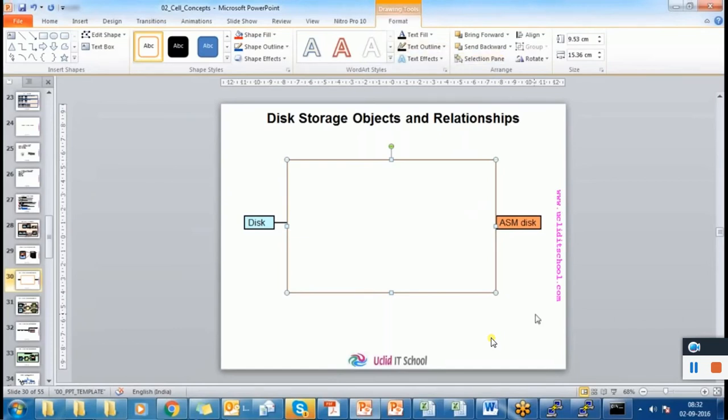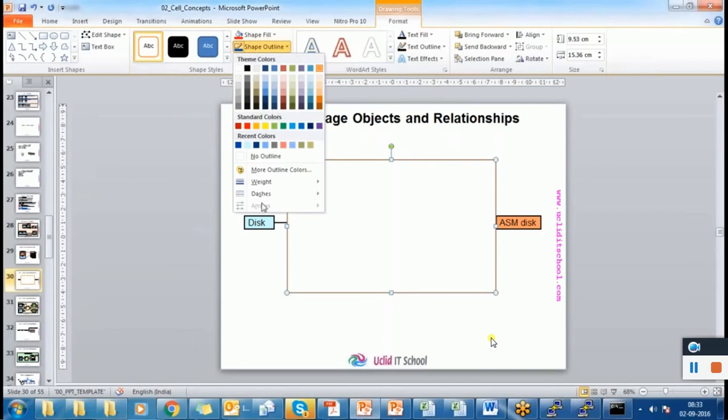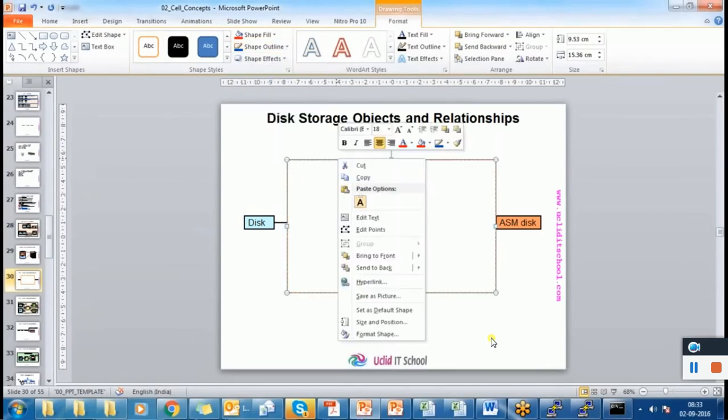Here, one disk is treated as one LUN. One physical disk is treated as one LUN. On a LUN, we create a cell disk. Again, one LUN is equivalent to one cell disk, right? And on a cell disk, you can create multiple grid disks.